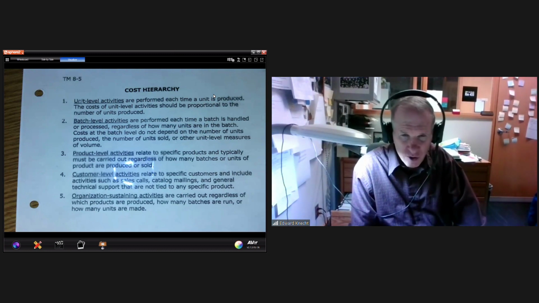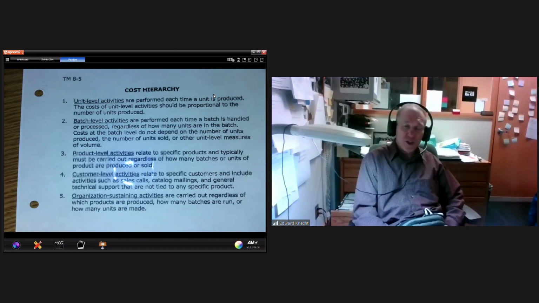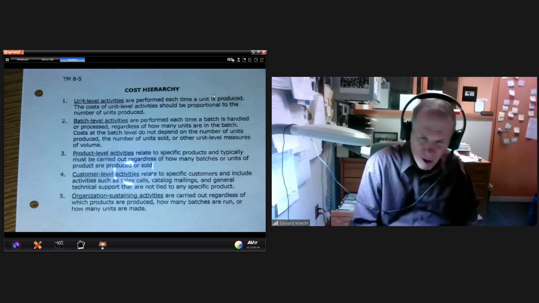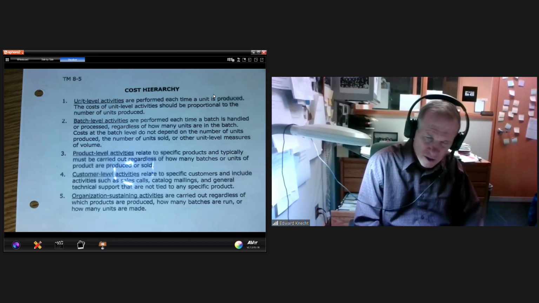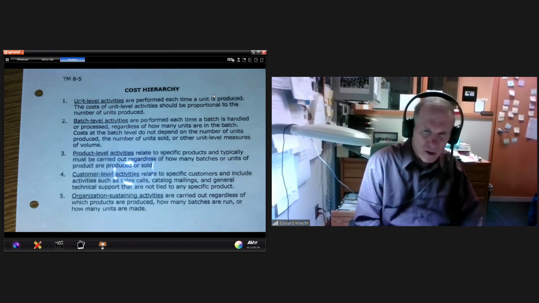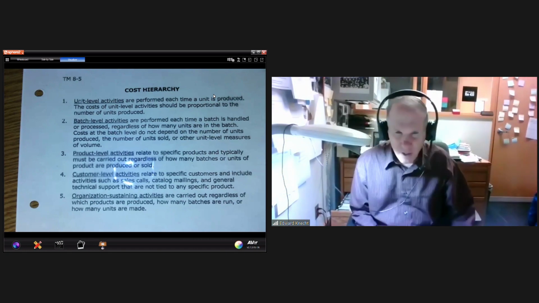So you've got to make sure the machine is cleaned out properly, and it takes time. So that's an activity. So how many of those change-outs of ink did we make? The more we change it out, the more costs there are. So we definitely want to run